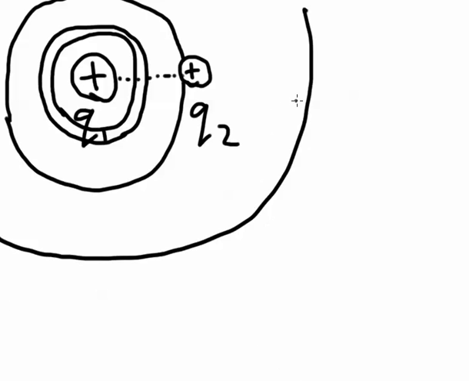So just like with the ball and the hill, we can label these contours as having particular energies. To get the plus charge to this point requires 10 joules of energy. To get it to here requires 20 joules, 30 joules, 40 joules, and so on. And you can see how these contours get closer and closer together, meaning that the hill is more and more